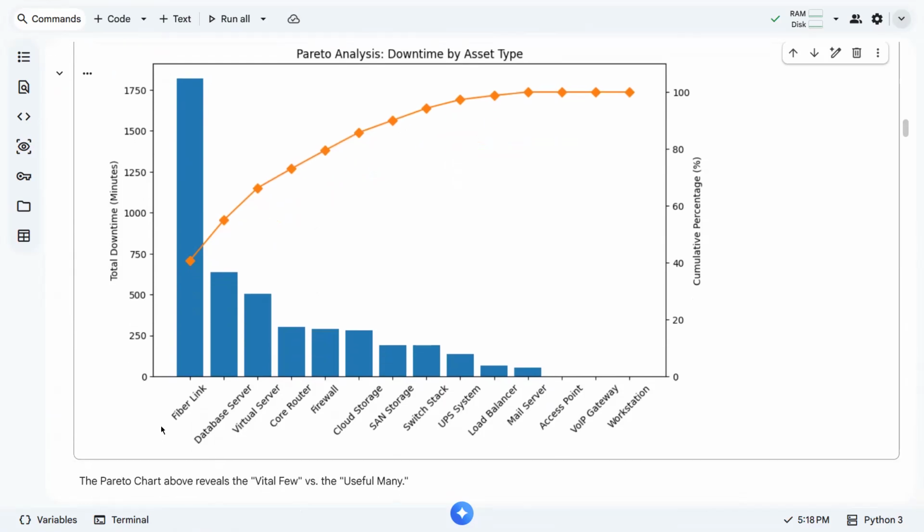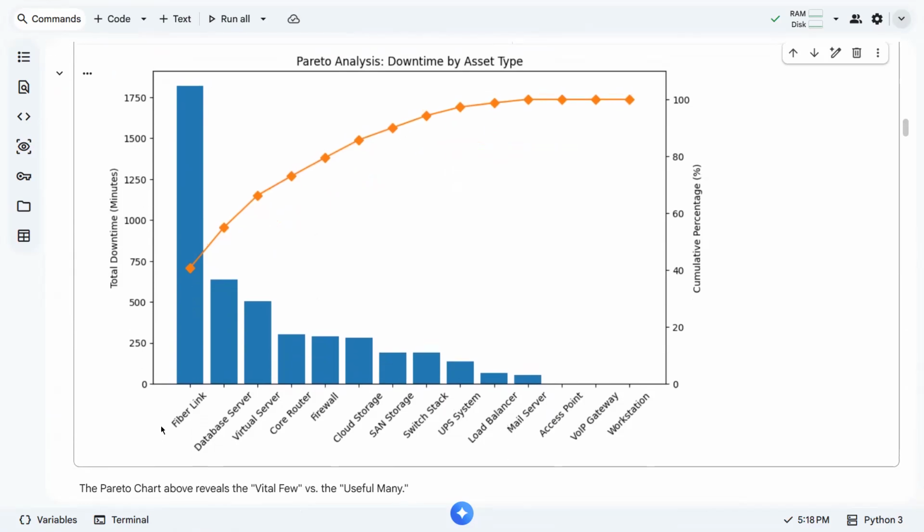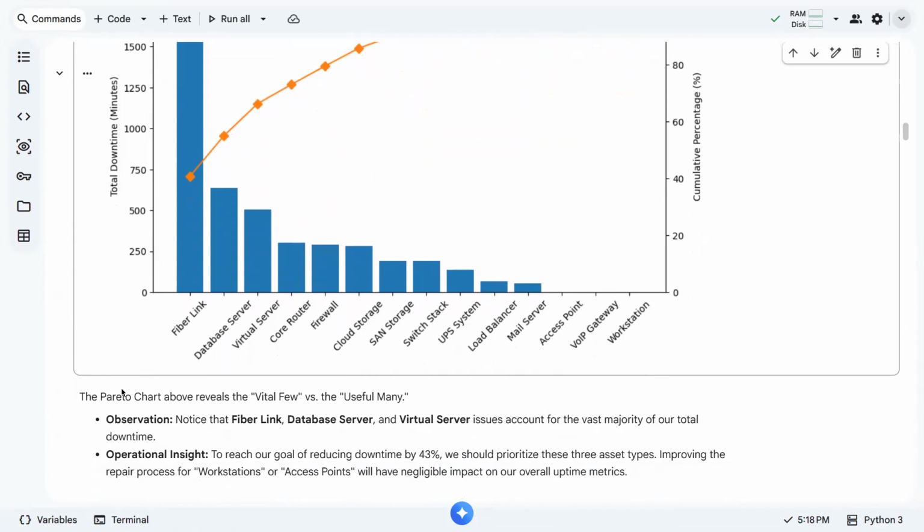These are the assets that we should closely monitor, and of course, investigate. Maybe some of these are quite outdated, or they lack maintenance, they lack some upgrades.